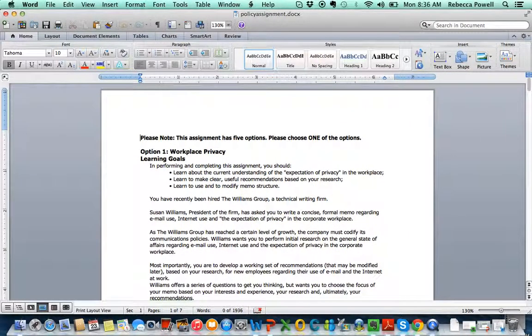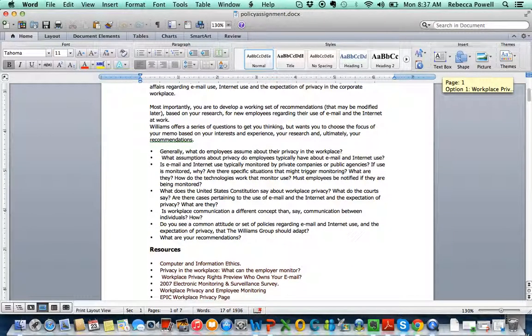There we go. So the first option is about workplace privacy, and each of these options puts you into a situation where you'll be writing a memo. And you get an audience. In this case, you're working at a Williams group, a technical writing firm, and Susan Williams is the president of the firm, and she's asked you to look at these questions about workplace privacy, about what workers assume, what they think about email and internet use when they're using it at work, and what your recommendations are for setting a workplace